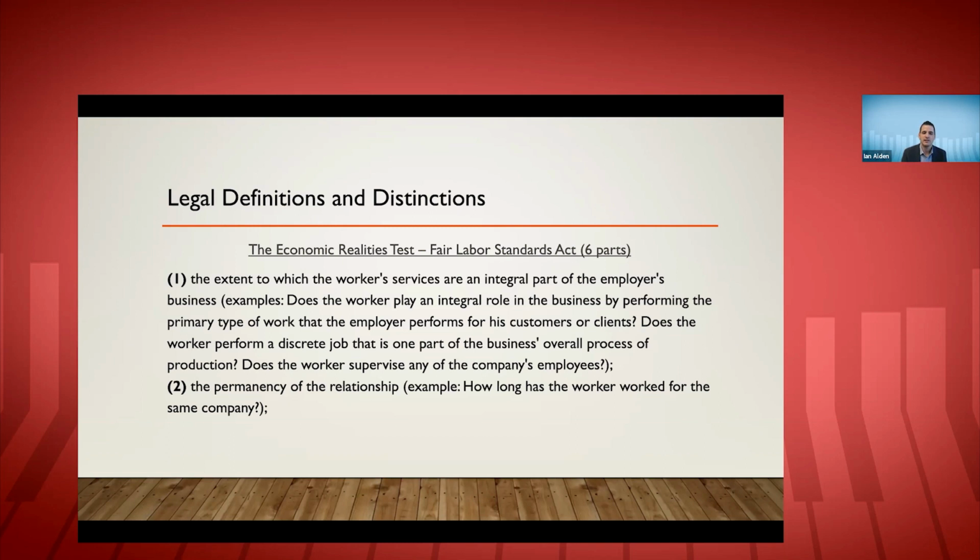You look at the permanency of the relationship. Independent contractor relationships are by their nature transient. They're not meant to be ongoing forever. I mean, they can have an unlimited duration, but the idea is that they're ultimately temporary. You can sub out an independent contractor, and typically you will. It's a little weird because permanency of the relationship, I'd say this is weighted maybe a little bit less if you have a long-standing independent contractor relationship, but it's still something that they'll look at. If you've used one person as your independent contractor for 20 years and they're providing substantial services for you, that weighs in favor of misclassification. It suggests that maybe they're really an employee.